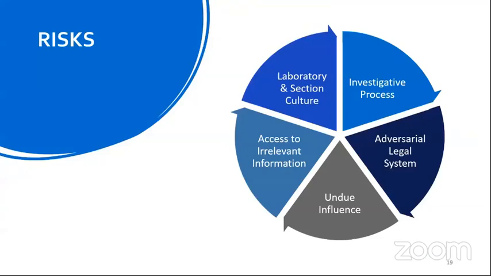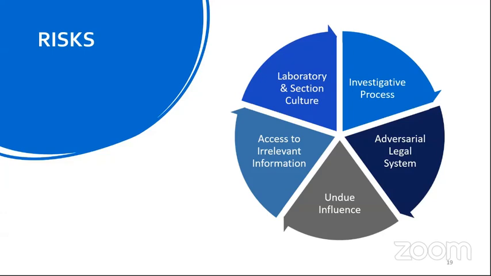So what are the risks that we have? And I'm going to take a really high-level view, a global view. I think that you could take a look at any particular case and identify specific risks, but we're going to talk about it from an overall holistic perspective. And we're going to start this discussion with culture. Culture's a significant impact and a significant factor to risk in either promulgating the impact of bias or minimizing the risk of bias. And cultures really exist on multiple levels within your organization.